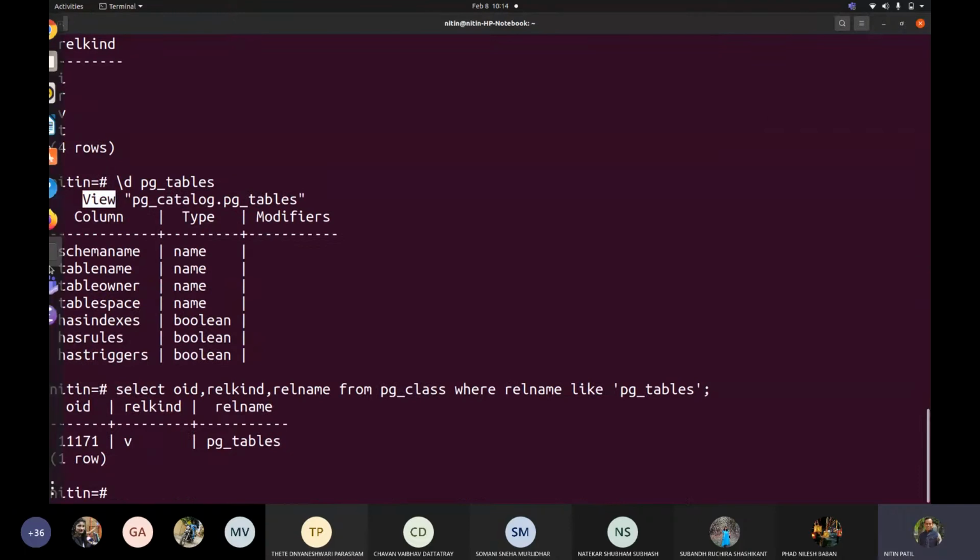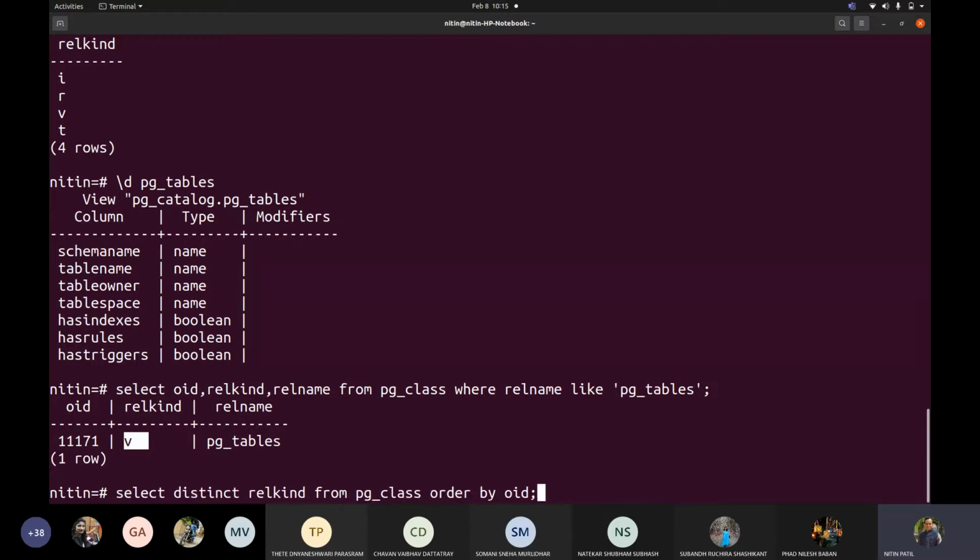Now you may see this is the view. As we already saw that this PG tables is a view, so this also is a view. You may see over here because we can see this view added.